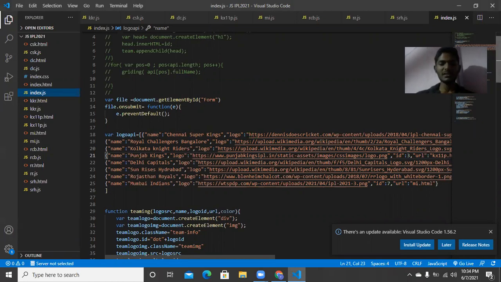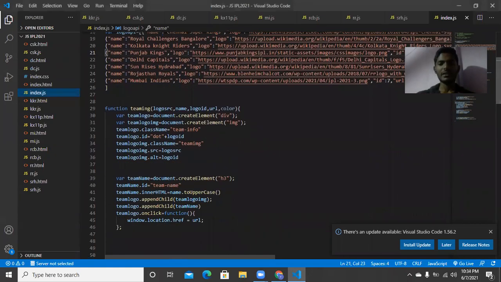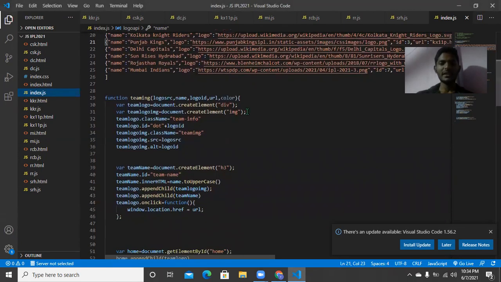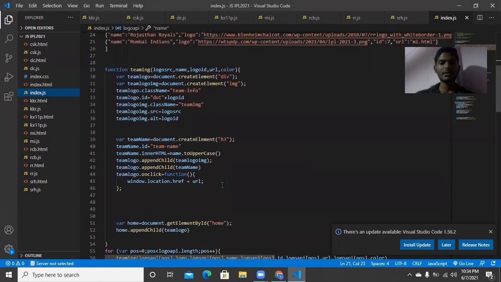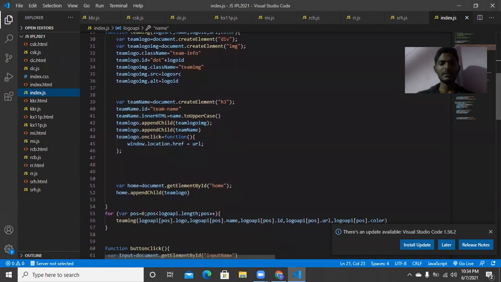By using this API, we can create our card and redirect to the next page. By this function, we can create our card. In this function, we can create the image tag and all functionalities. We can append the cards into the home page. This is the function for the creation of the home page.